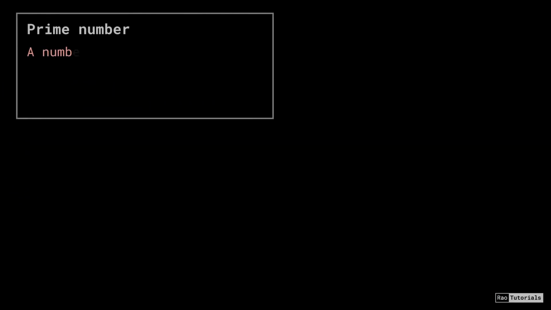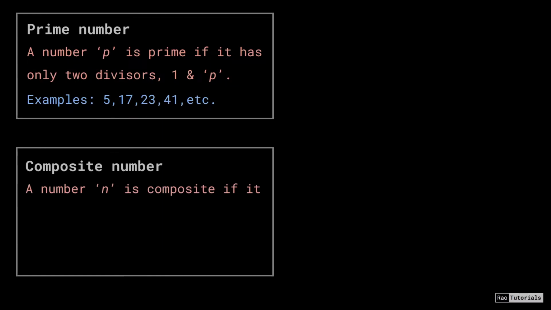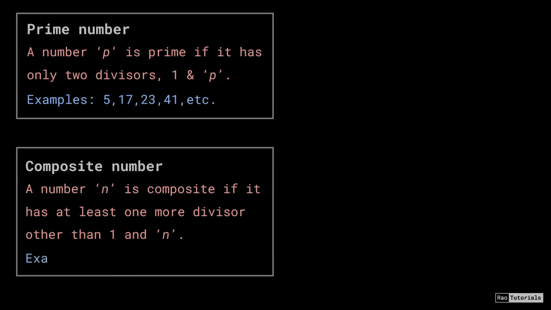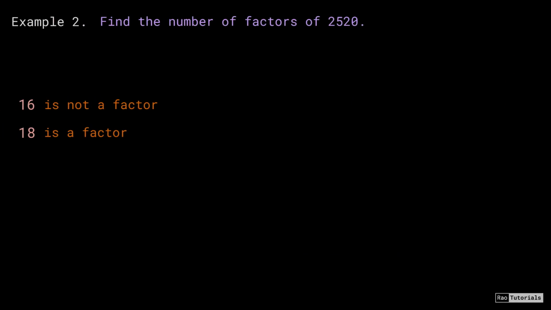A prime number has only 2 divisors, 1 and itself, whereas a composite number has more than 2 divisors apart from 1 and itself. Every composite number can be expressed as the product of primes. In other words, a composite number can be further broken down into prime pieces. Going back to our question, to see what makes a number a divisor of another number, let us break down 2520 as a product of primes.